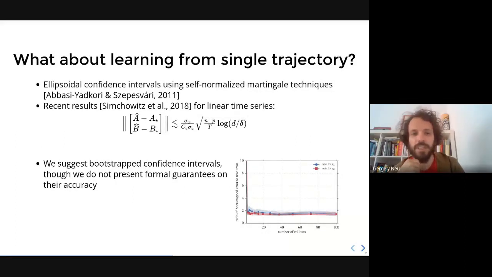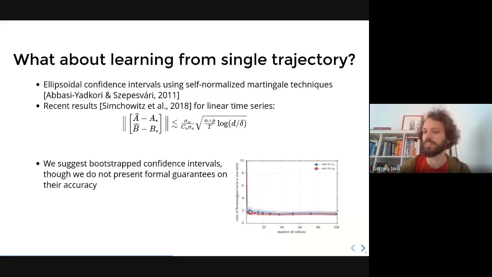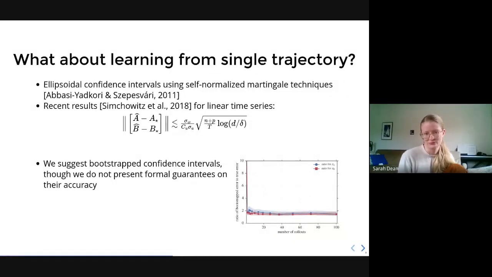Right. But my question is that in your bound, you have this dependence on this lambda min parameter. And maybe that would go away if you were directly analyzing the quality of the controller that you're outputting in the end, like in the standard least squares problem, where for parameter estimation you have these problem dependent parameters that go away when you talk about the